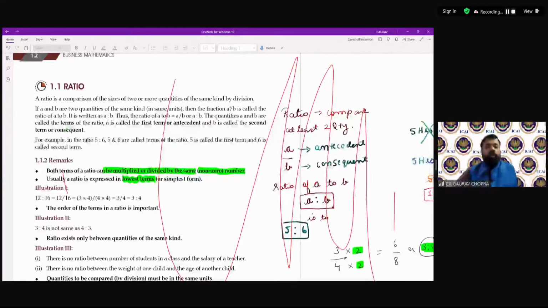Whenever we talk about a ratio, it begins from our home, especially from our kitchen. Let's say we are cooking something and making a chapati. A chapati is made up of many different ingredients. One is wheat flour, the second is salt, and then water. Do we add all these things in the same quantity?